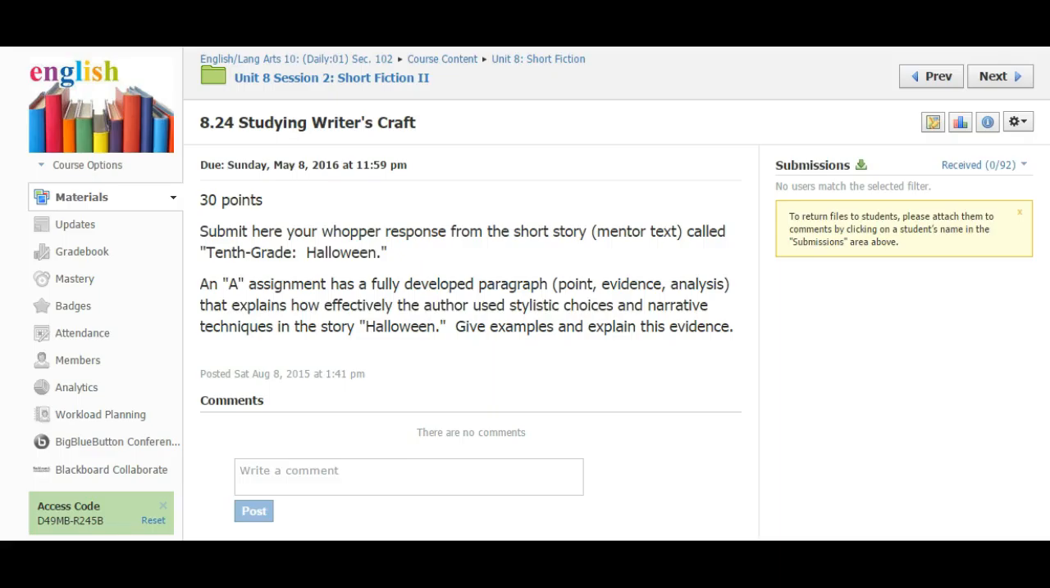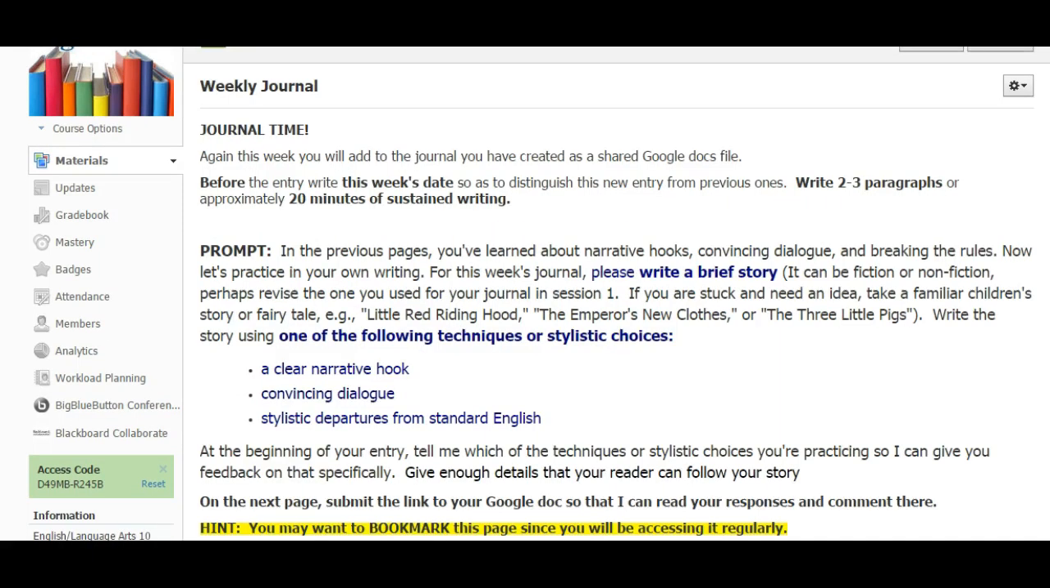So from there, your last thing to do in this session will be to write in your weekly journal with a familiar story. You're going to tell a brief story. You're going to write up a brief story. It can be something of true life that happened to you, maybe the one that you had in your journal in session 1, or you can use a very familiar story, short story or fairy tale, like retell the story of Little Red Riding Hood, Emperor's New Clothes, Three Little Pigs,